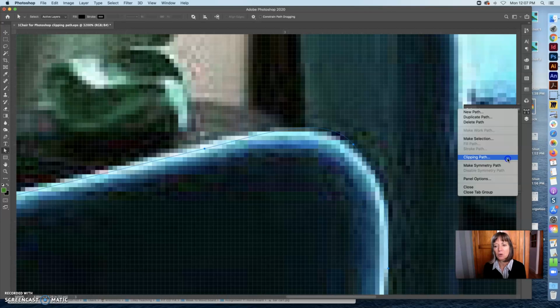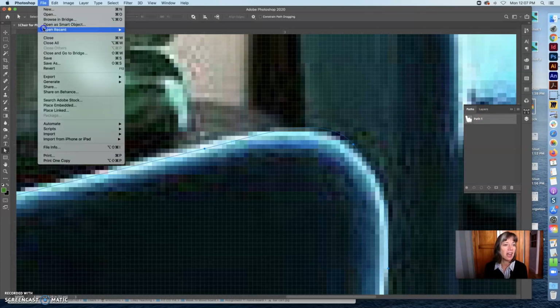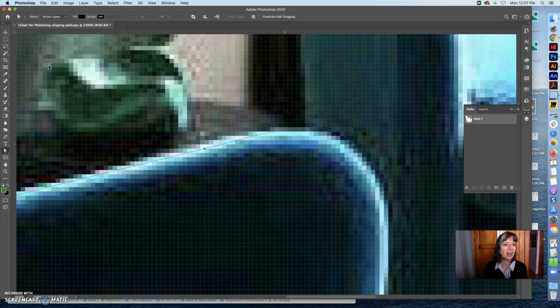Okay, so first you go in and you make the path and then you save it as a clipping path. And I'm going to say okay. And so the way the word path looked a little bit different because it's a clipping path now. And then you're going to save your chair and you are going to save as